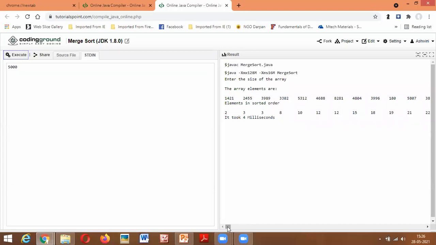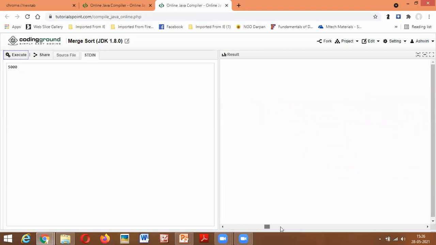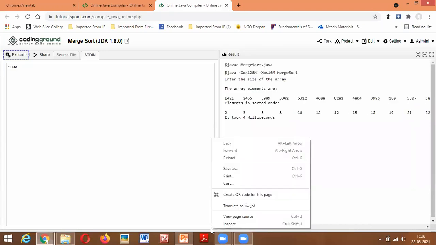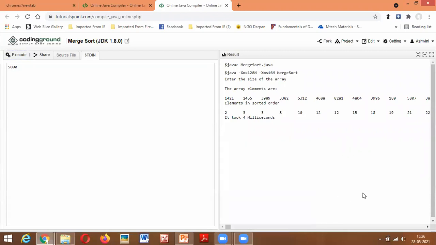So 5,000 values got generated, and you can see the maximum value on the right side is 9999. It will not exceed 10,000 because that is the seed we have given. Here it is sorted also. To sort, it has taken 4 milliseconds.